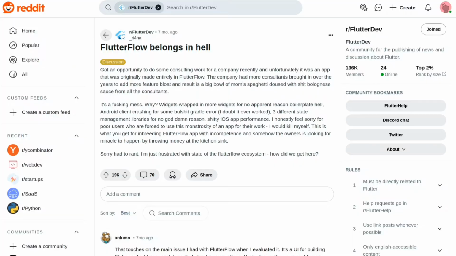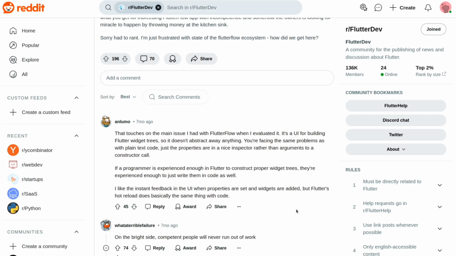I don't want to know how the sausage is made. If you've ever visited the Flutter dev subreddit on Reddit, you'll see scathing hate for Flutterflow. But these guys are missing the point completely of Flutterflow, which is not using the generated code. You stay with Flutterflow because once you download the code and work on it, it's no longer compatible with Flutterflow. It's just a Flutter code base.